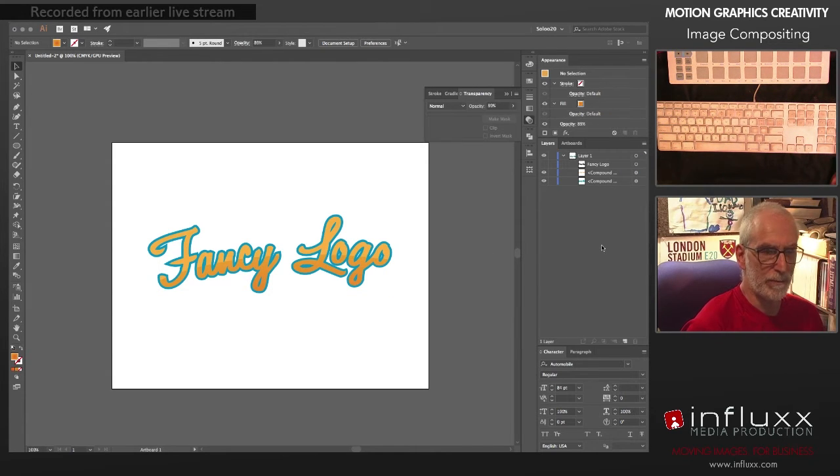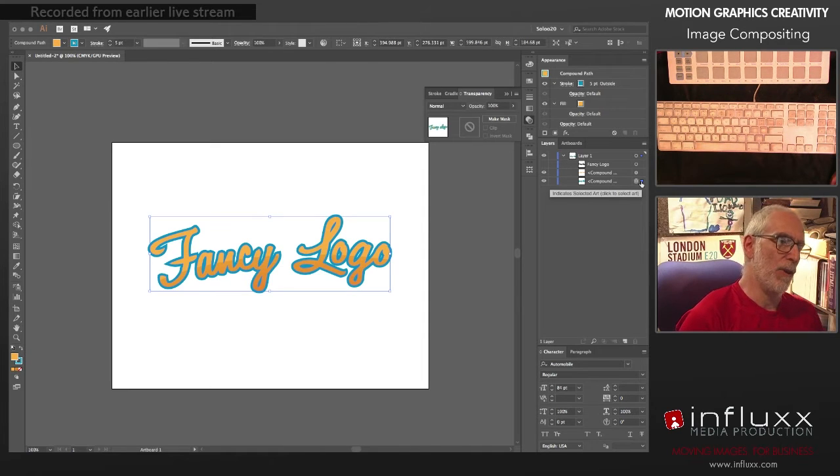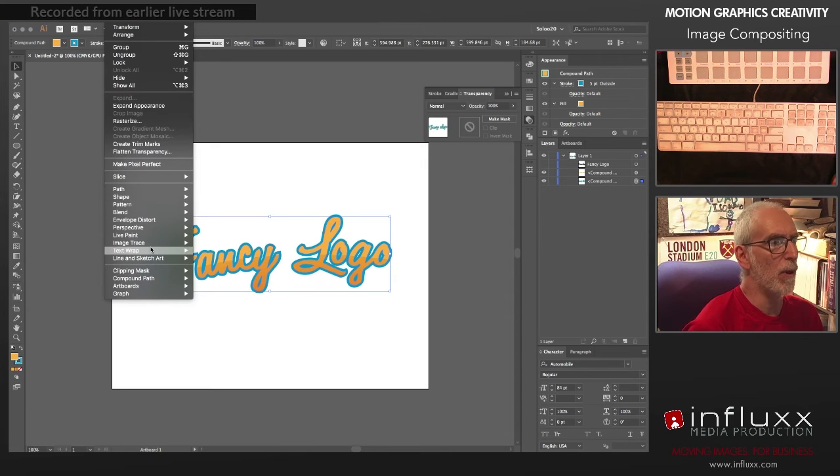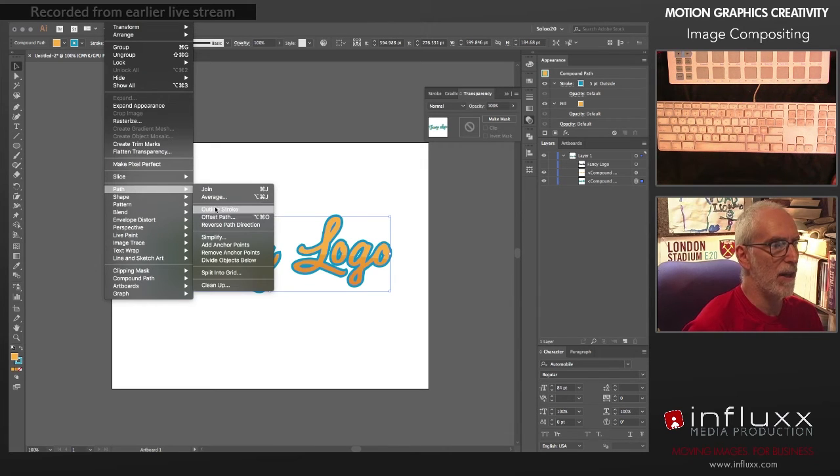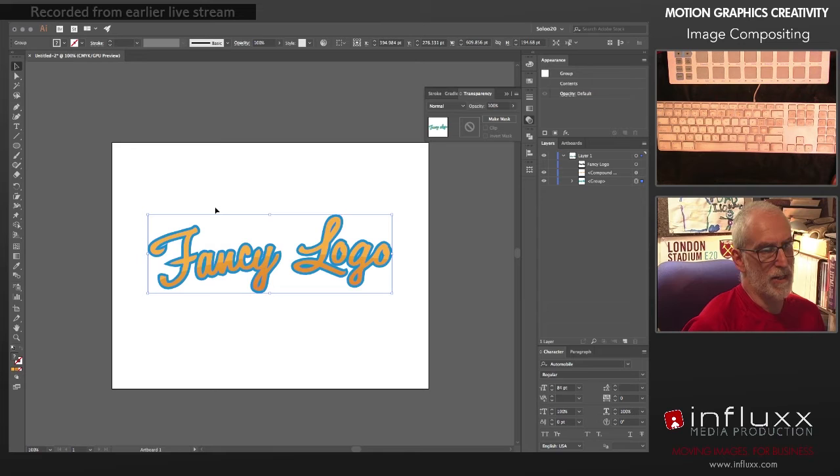So we have that. So now we have the stroke. It's cool and all. We could always make that a gradient, but let's go to Object, Path, Outline Stroke, and we'll do Command-Shift-G so we can ungroup that. And now we have just this, and I'll turn this layer off for the time being. We have just this,